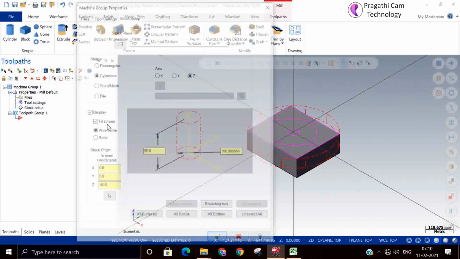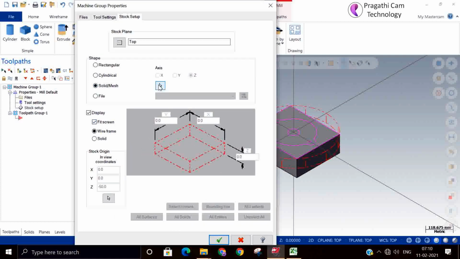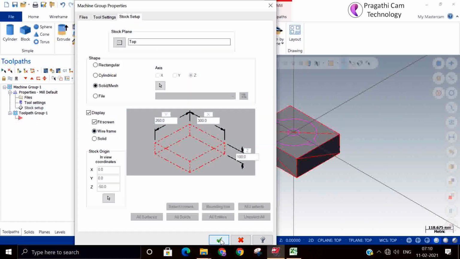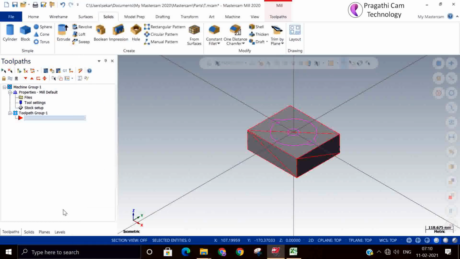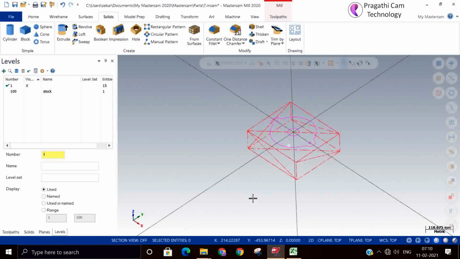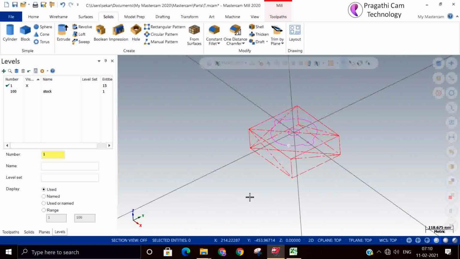Now you directly go here and select the stock as a solid. Okay, now you can see that if you want, you remove it from the level. Now you can see the stock. Automatically it will make some steel mesh.